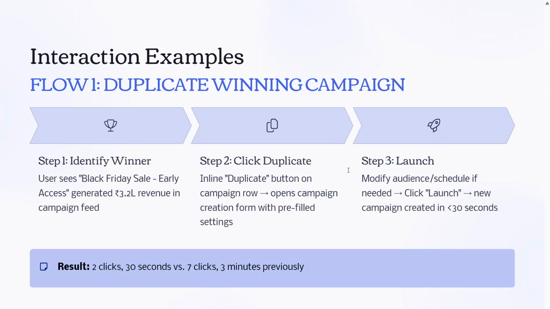Let's go through the flow I'm talking about. First, duplicating a winning campaign. She sees a top performing campaign which is generating high revenue. Then she clicks duplicate directly from the feed. The campaign creation form opens, which is already pre-populated. She edits the audience and schedule